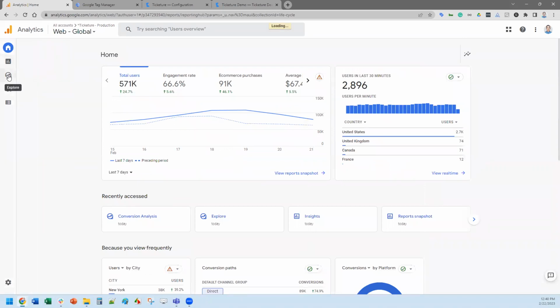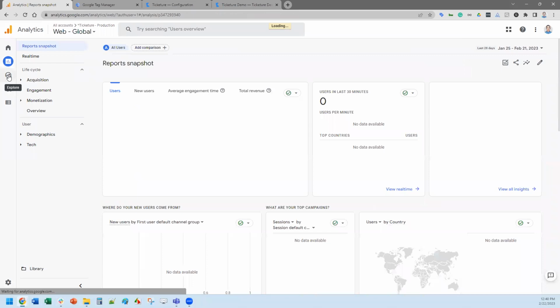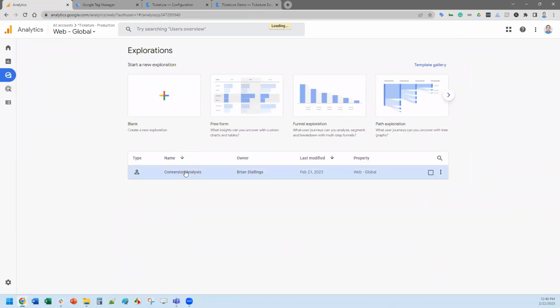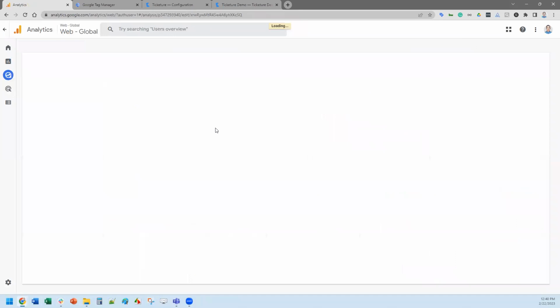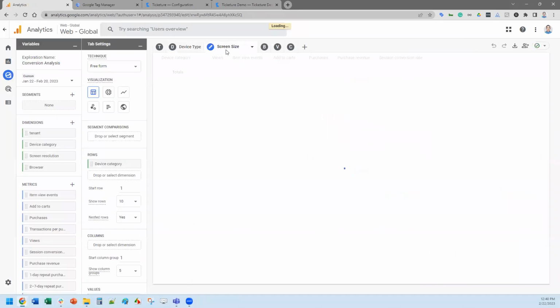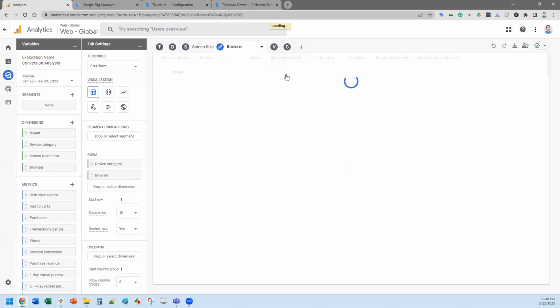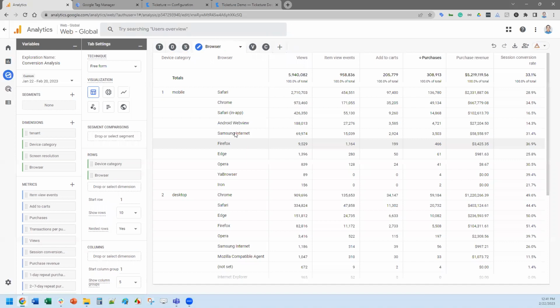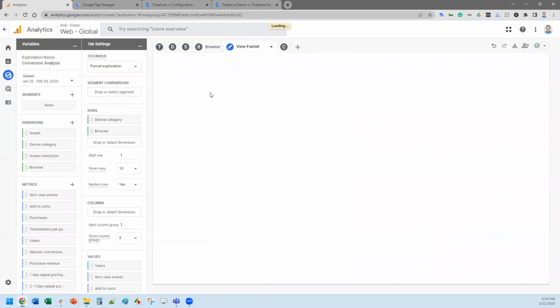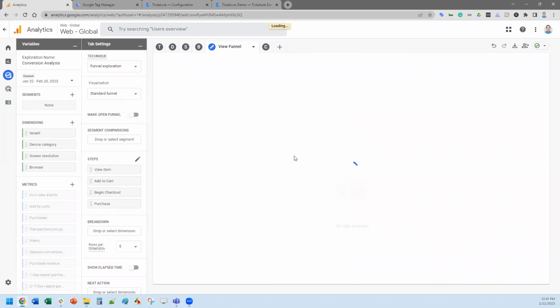I mentioned the explore options. If I pop into the explore path, I've just got one report that I run all the time. Again, you can go through here quickly and easily and see how many people are coming by screen size. These were the ones that I showed earlier, with their various browsers. With the amount of data that we have, it does take a few seconds to run, but it is going to analyze and give me, again, from mobile, Safari, who's doing what, when, where, desktop, by device, et cetera, stuff you've always used from Google Analytics. And then this is, again, the views by funnel and so forth.